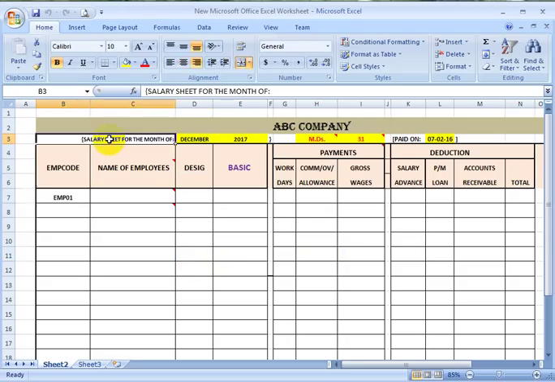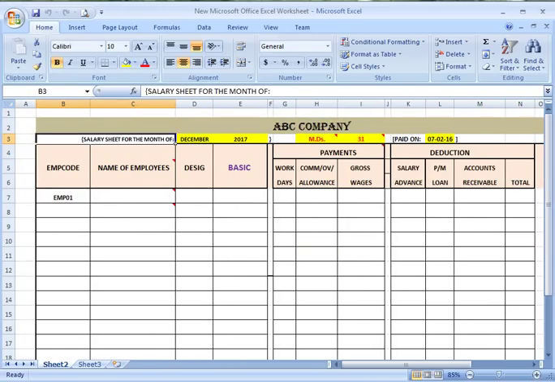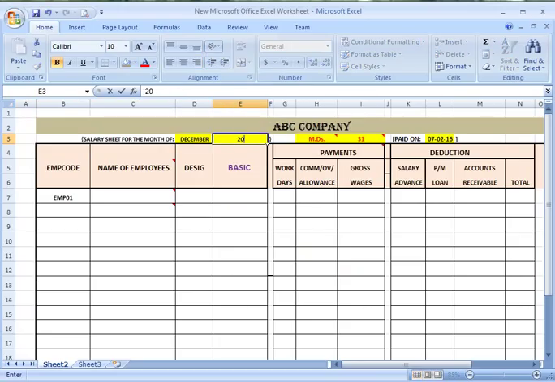I'm writing here the company name, ABC Company, salary for the month of December 2015, and month days are 26, because there are 31 days in December, but I have written only 26 days, without Sundays. So let's write the names of the employees: Shahid